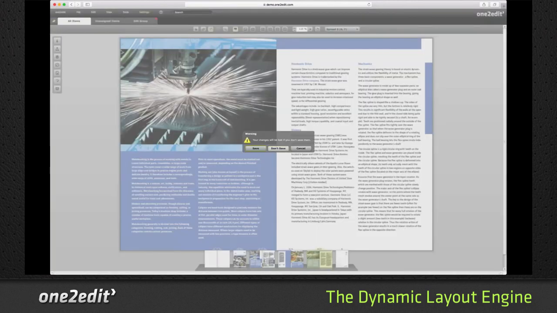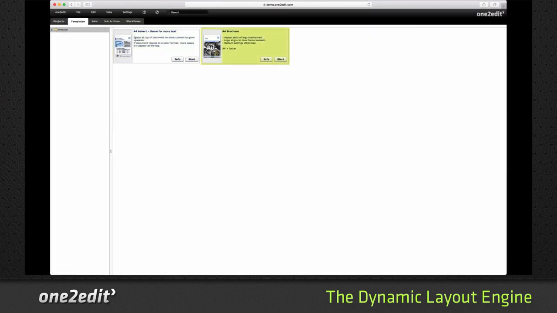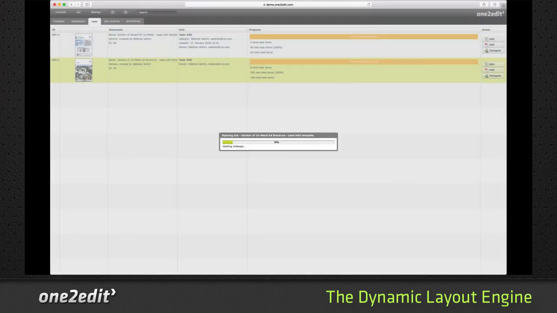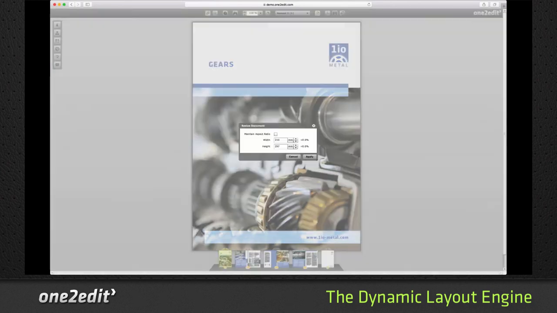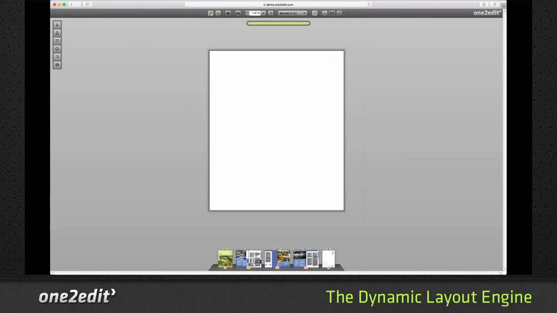Let's close that. And actually, let's try using the other template instead. But just to give you an idea about what will happen, to, for example, a text frame. I hope this works now, and that there hasn't been an update that has broken this particular project since. There, so